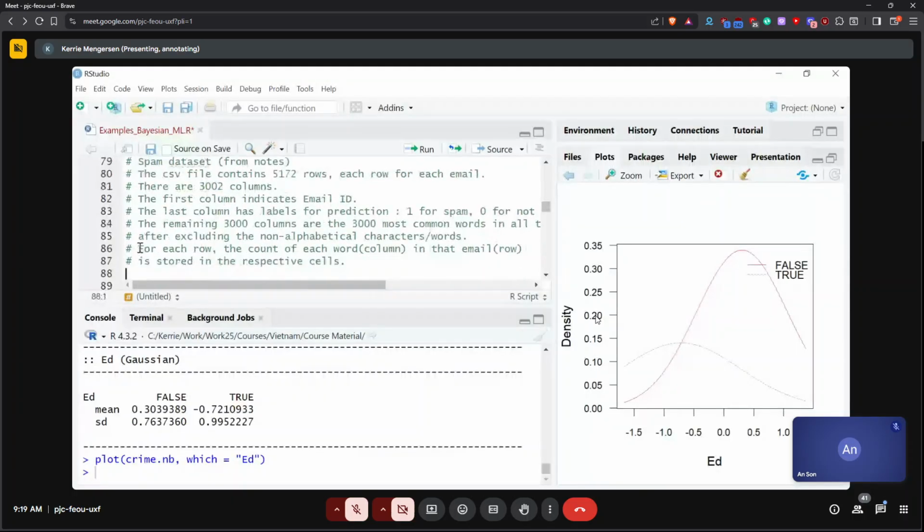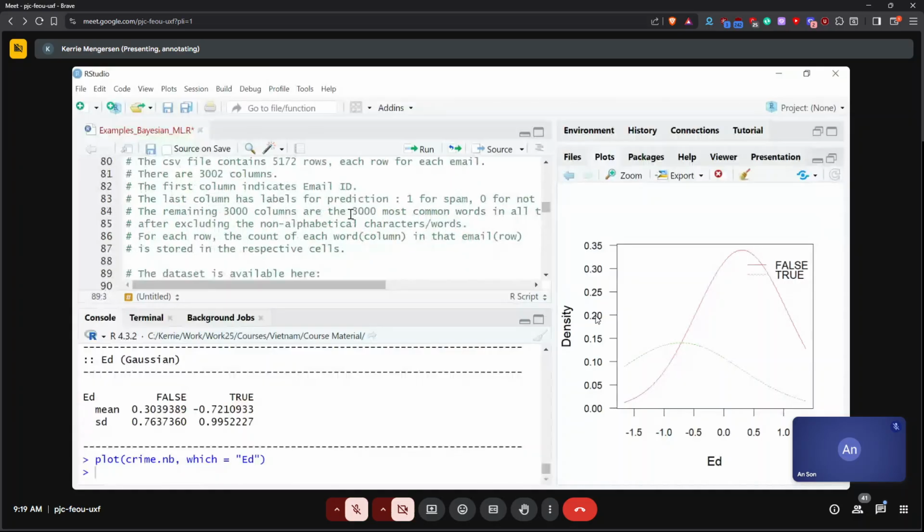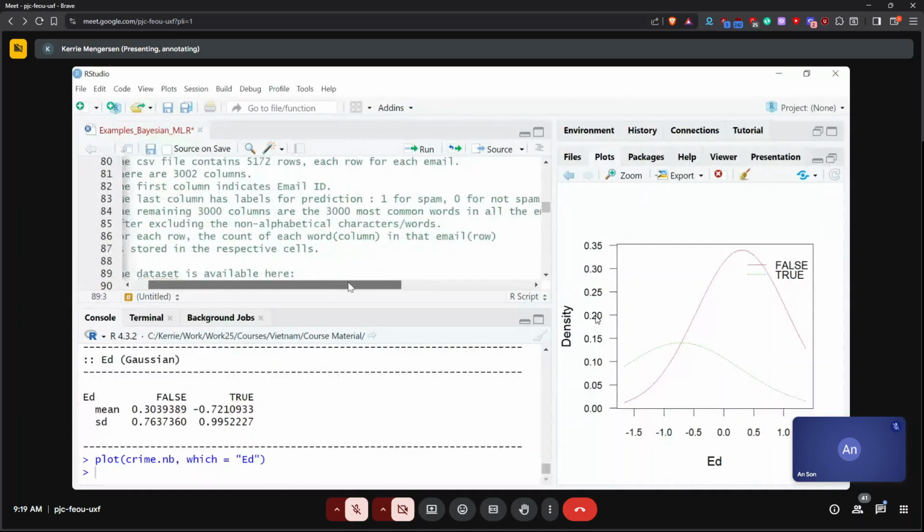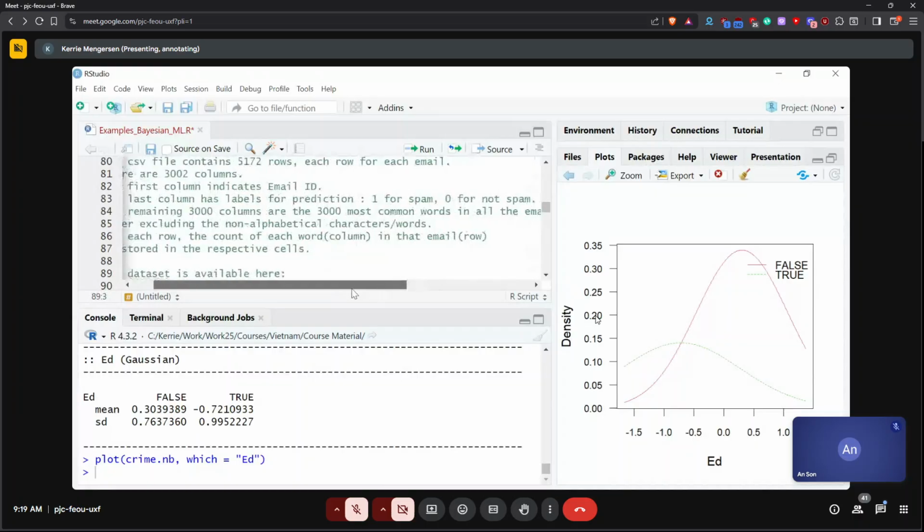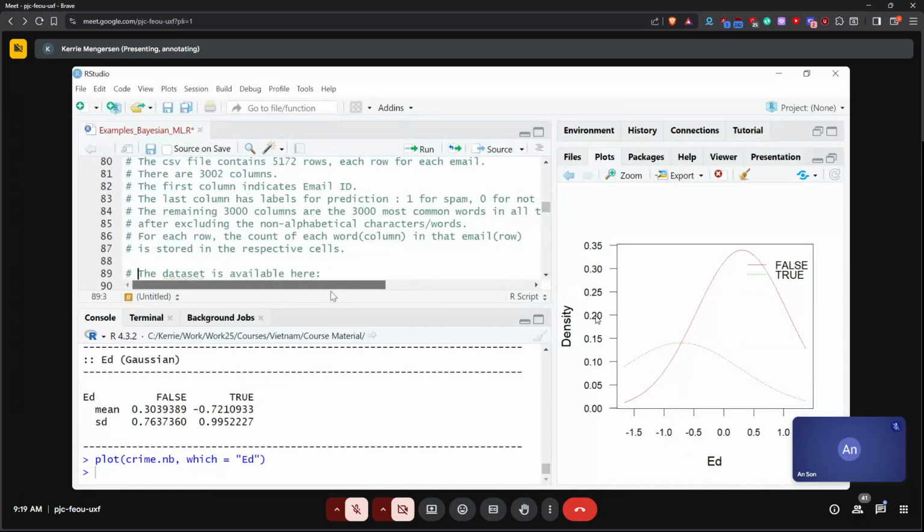These 3,000 columns are the 3,000 most common words in all of the emails. So we have each row as an email, 3,000 variables, which are the common words in the emails and how often they've appeared, and then whether that email is spam or not spam.